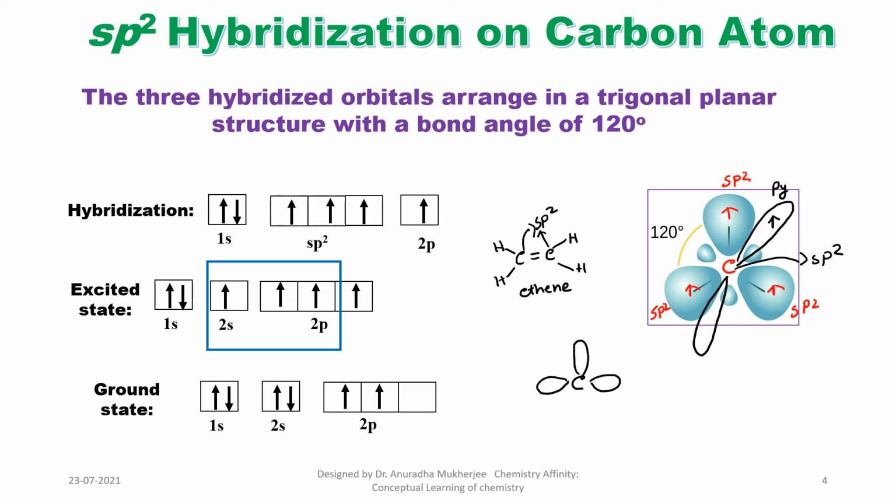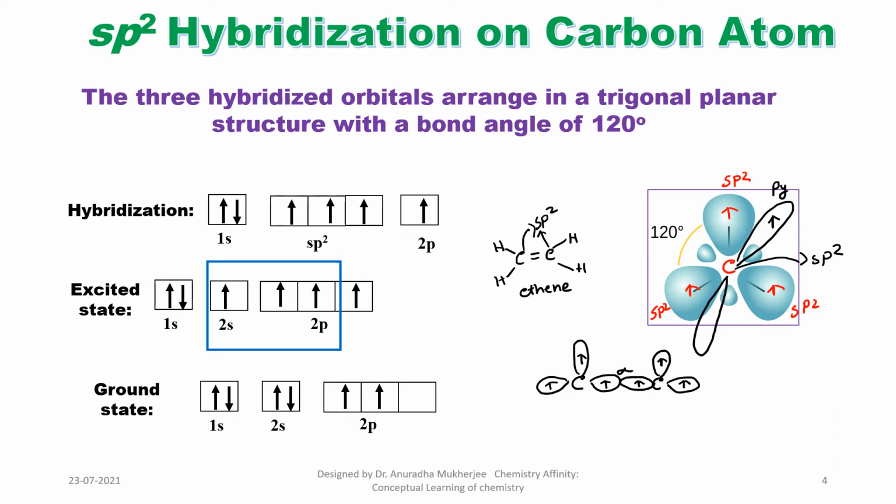and you have to be careful when you are drawing that it should be trigonal planar. So you cannot draw randomly. Always try to maintain a 120-degree bond angle. Now another carbon. So these all are sp2 and contain 1 electron. Now these two sp2 orbitals have face-to-face overlapping, so it's forming a sigma bond.